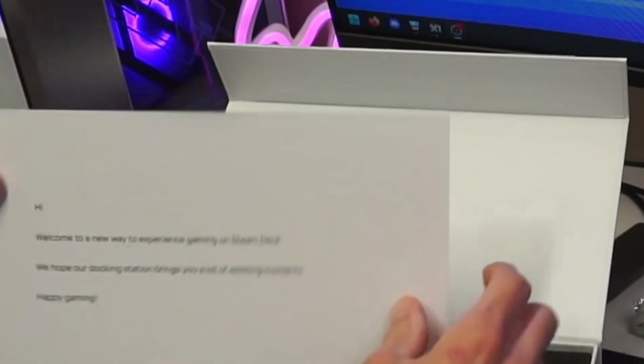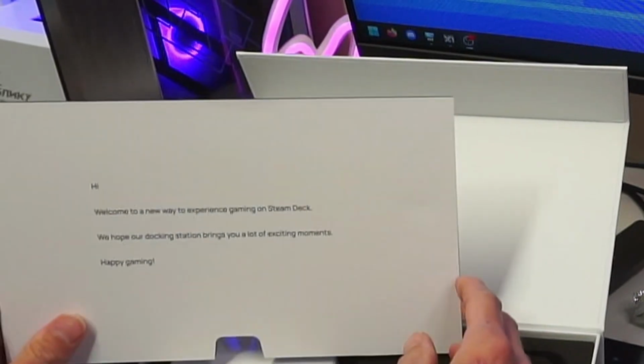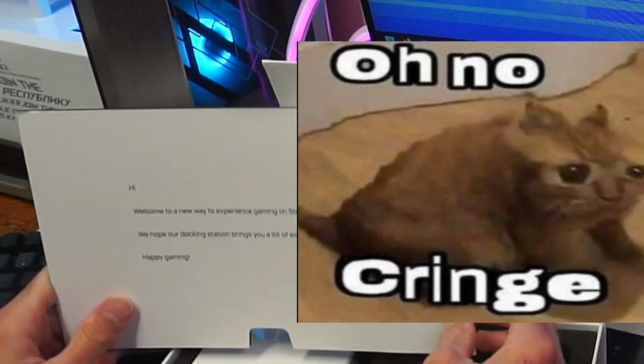Hi, welcome to a new experience gaming on a Steam Deck. We hope our docking station brings you a lot of exciting moments. Happy gaming,